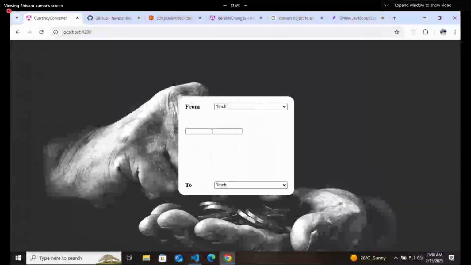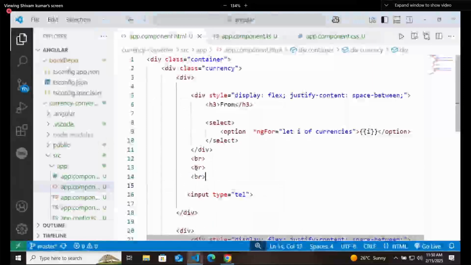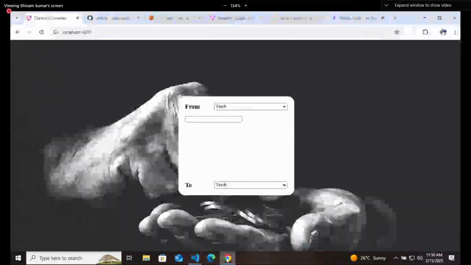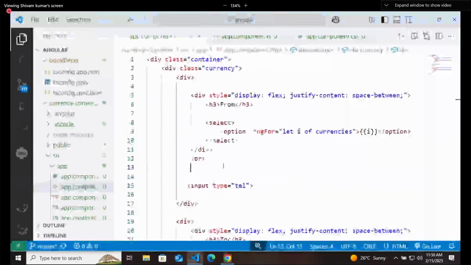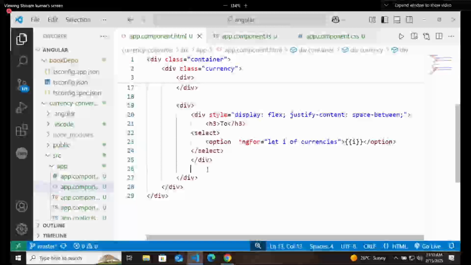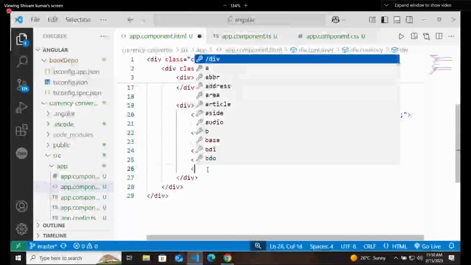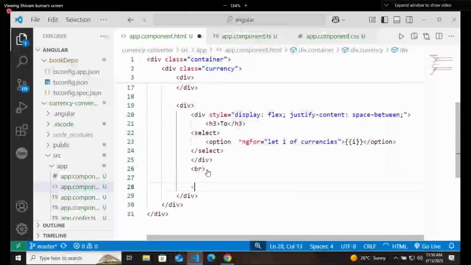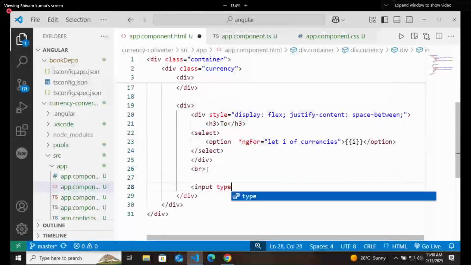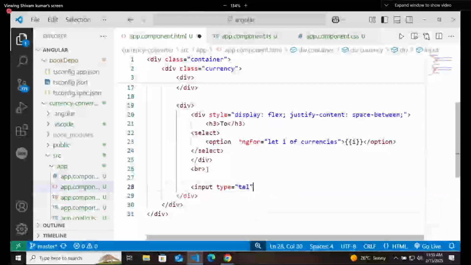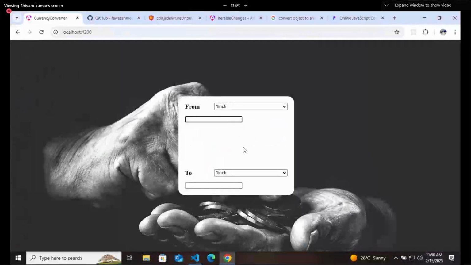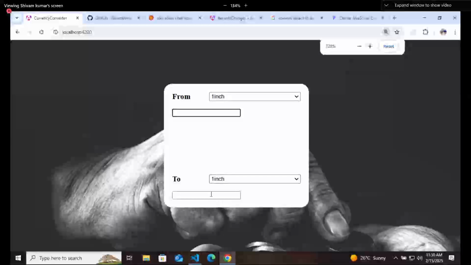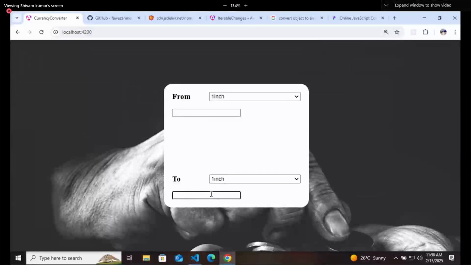Too much, let's remove 2. Now we will be designing this input box. First of all, the to also has an input box. Same thing, create a break tag and an input type equals tel here. We will design these things, don't worry.